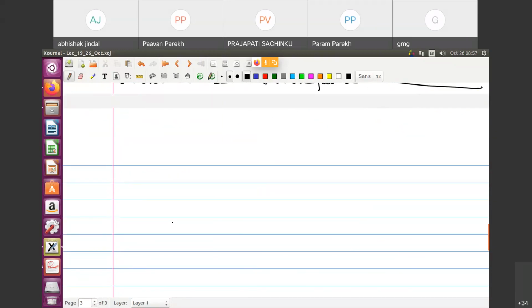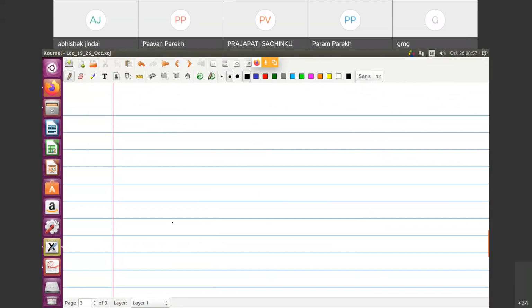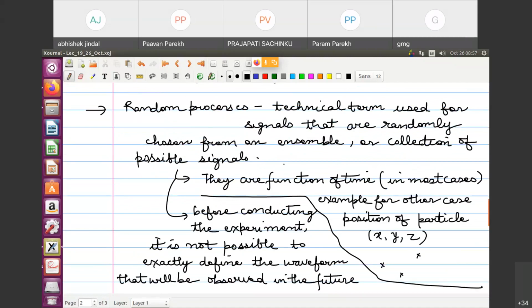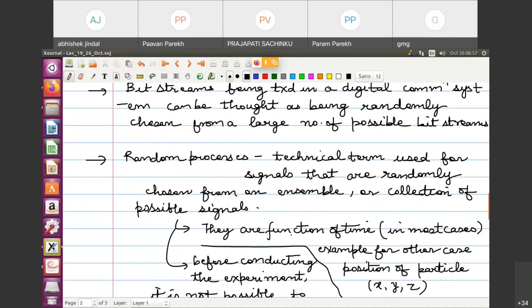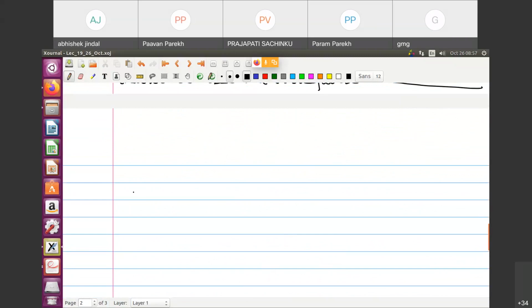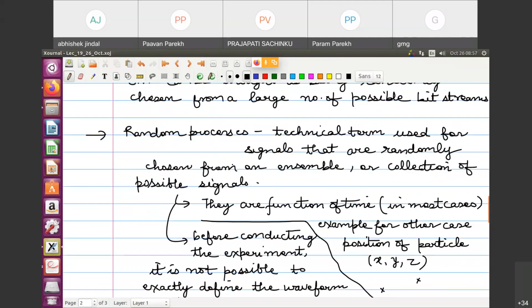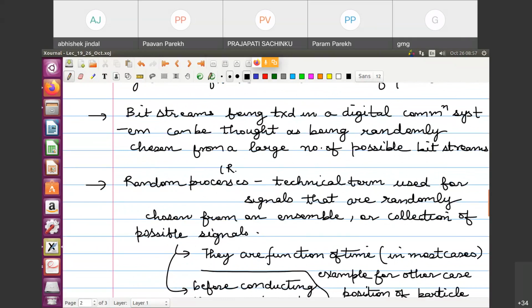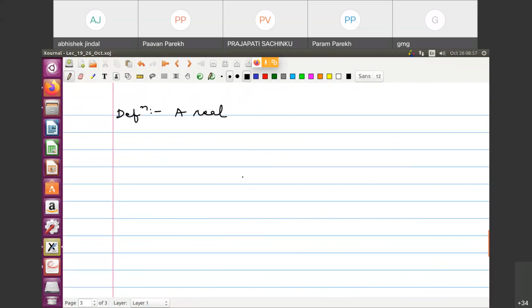Okay. So now we will start with the definition of the random process. Up to this we have taken from Upamanyu Madhav's book. This was well presented there. Now we are going to Couch's book. So the definition: a real random process, for random processes we will be defining as RP. A real random process means a random process which takes real values, also called a stochastic process,